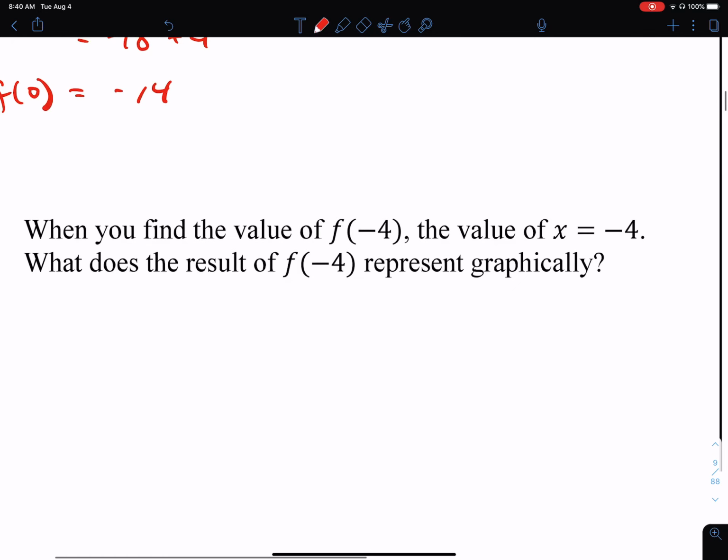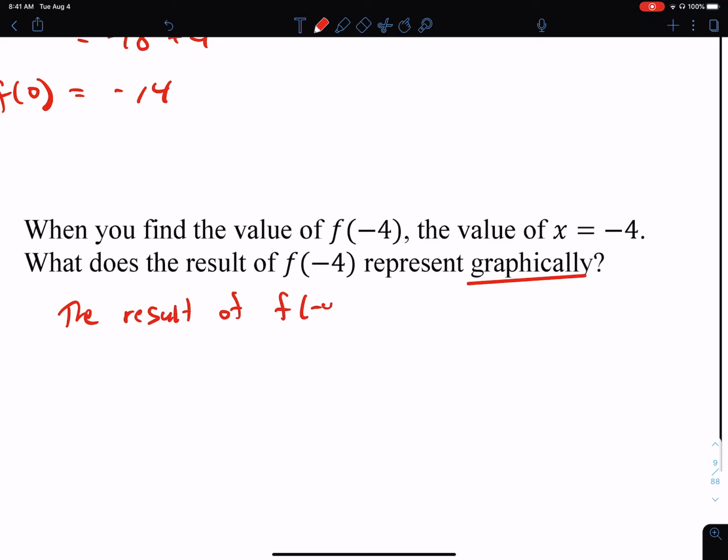So here's one of those no-brainer questions that you have to be able to answer in a clear, logical way. When you find the value of f of negative 4, the value of x equals negative 4. What does the result of f of negative 4 represent graphically? When we answer these questions, we're going to restate the question. So the question was, what does the result represent? We're going to say the result